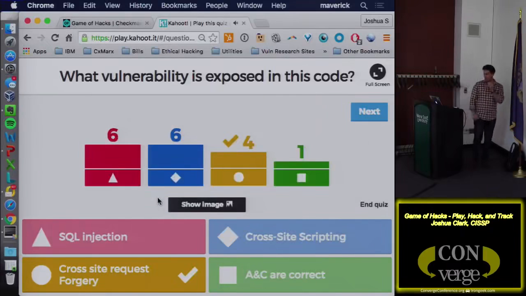Ooh. Most of you guys thought that was SQL injection? No. There's binding that's being done, so it's not a problem with that. It's a problem with cross-site request forgery. How many of you guys know what cross-site request forgery is? Okay, I guess only 4 people do, based on the notes here. Or 4 people are just lucky.